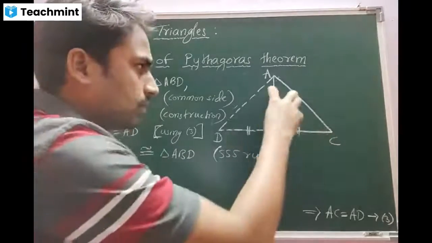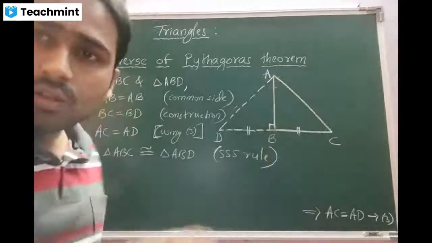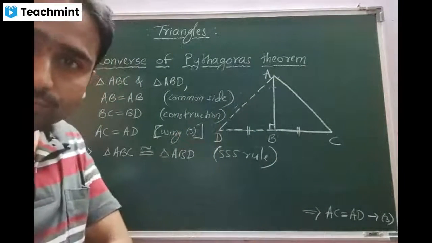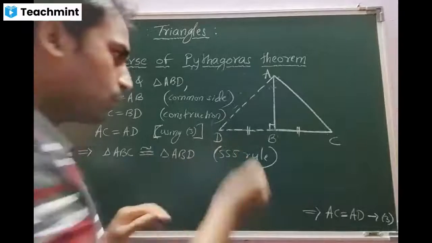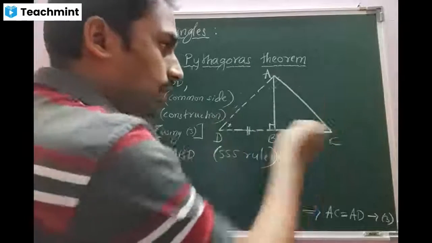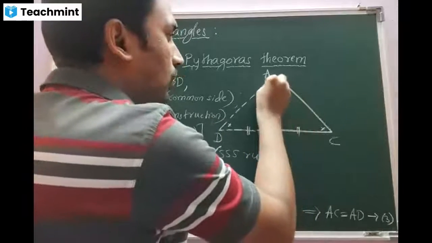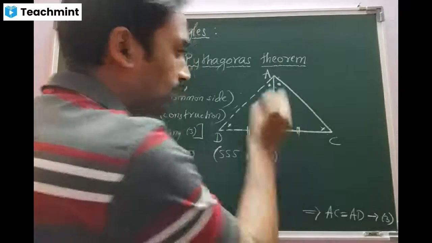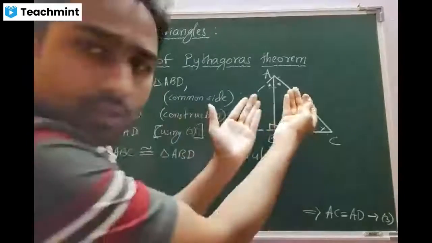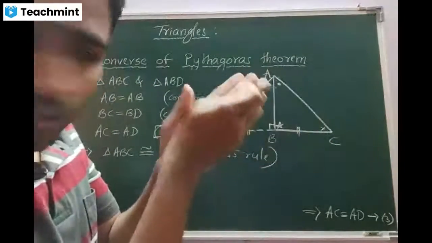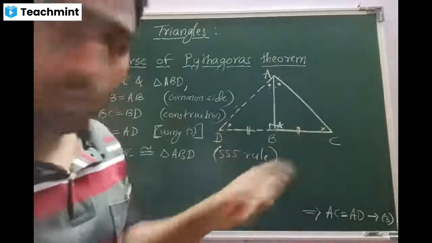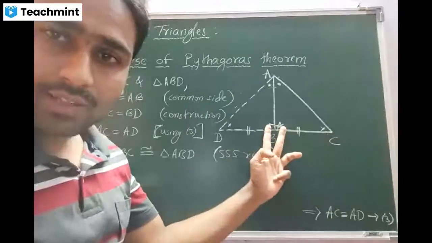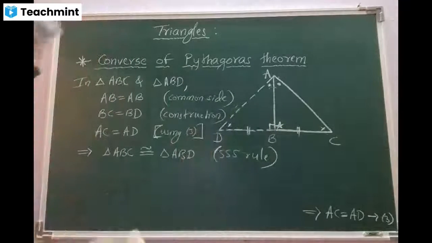This equal to this. This is the common. This equal to this. The three sets of angles also will be equal. Correct or not? This angle is equal to this angle. This angle is equal to this angle. This angle should be equal to this angle. Congruency means they will overlap on each other. This will merge on this, so these two should be equal. This will merge on this, so these two will be equal. This angle will fall on this angle, so these two will be equal. Correct, beta?